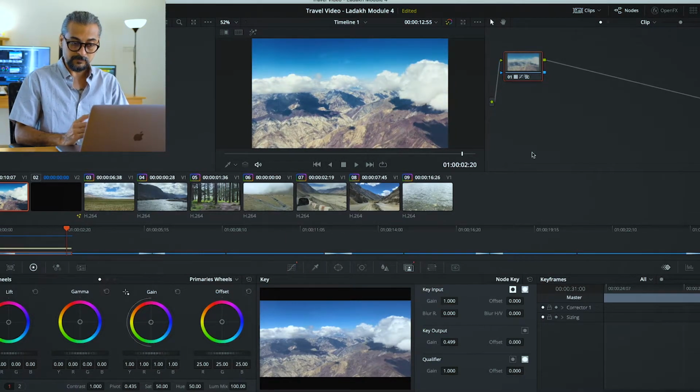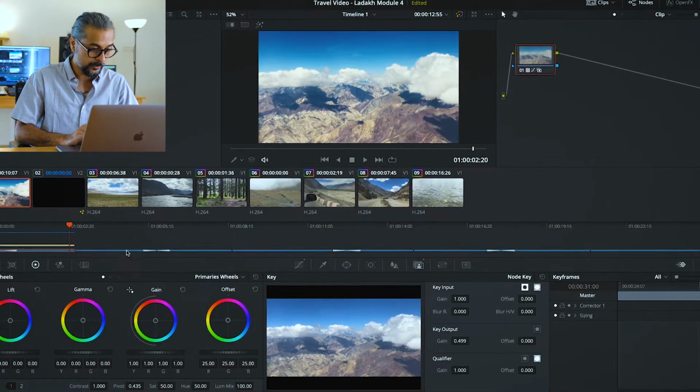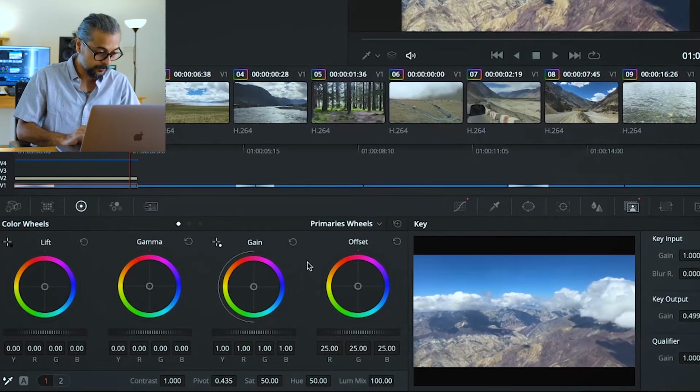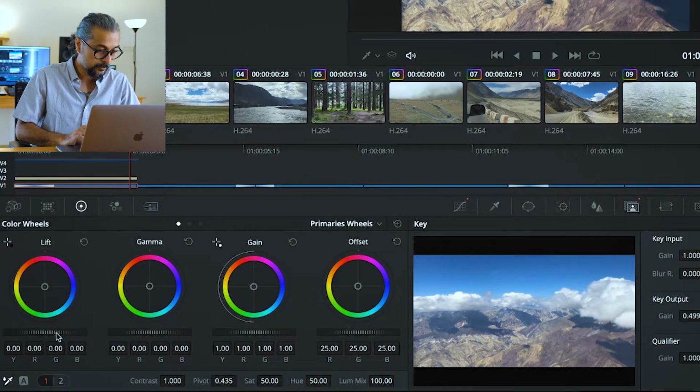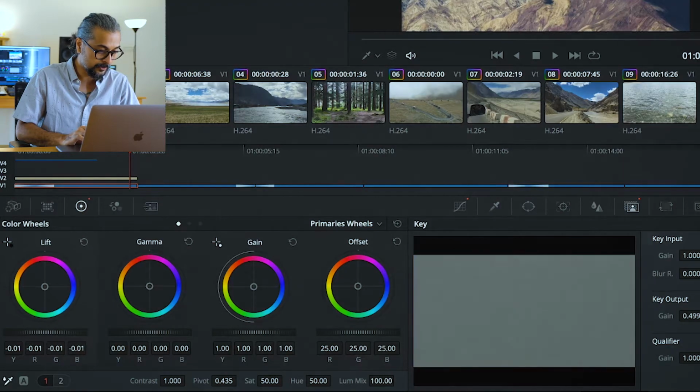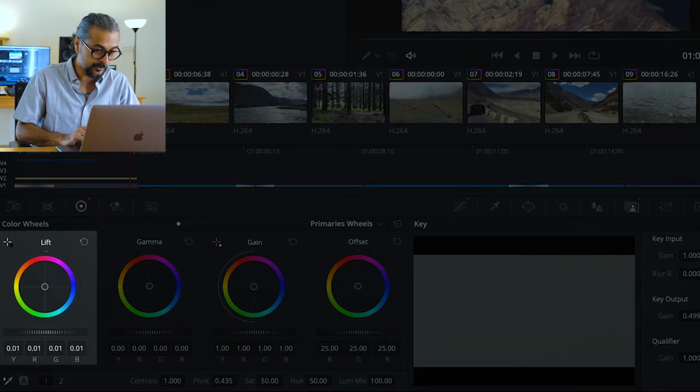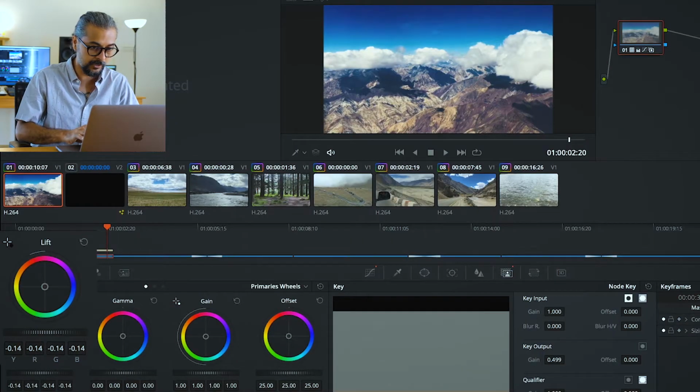Now, if you want to further modify color here, you can come to our color wheels. As you can see, there are 4 color wheels. There's lift, gamma, gain, and offset. What you can do is move the wheel, the bottom of any of these sliders or any of these wheels, and as you do so, you can see how your footage is changing.